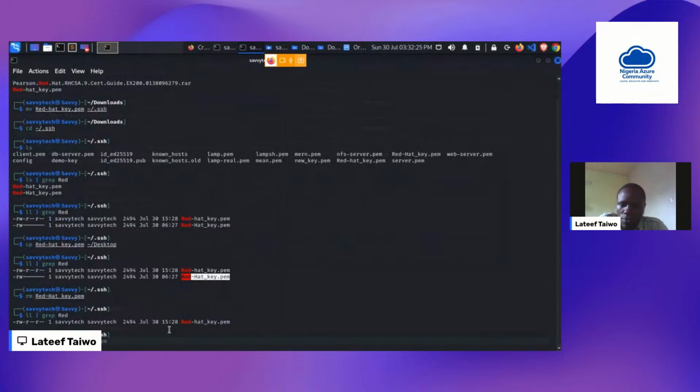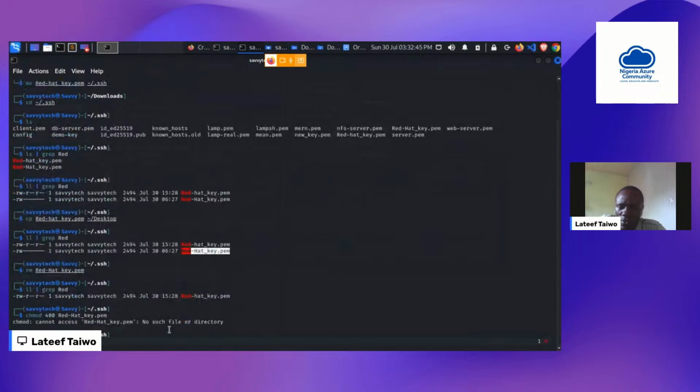So I'll change the permissions of this one to 600. It can actually be 400. I just like using 600. But 400 is, let's just use 400. It's more secure. It means the user only has read access to it, no write access. So when I change the permissions,